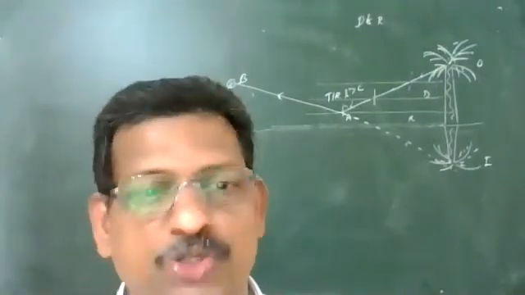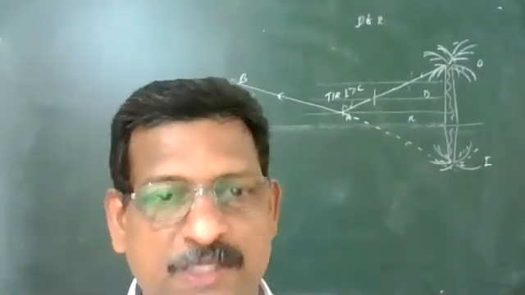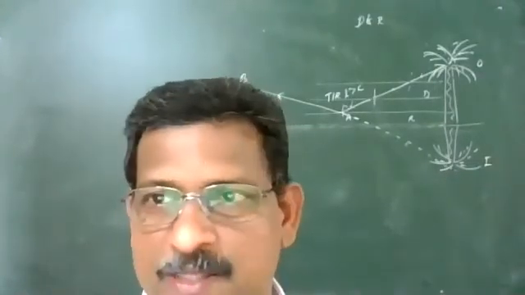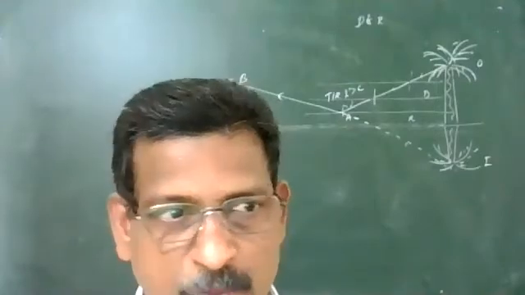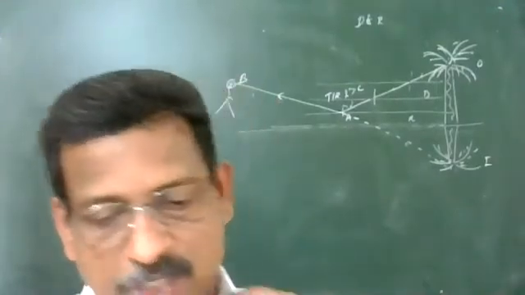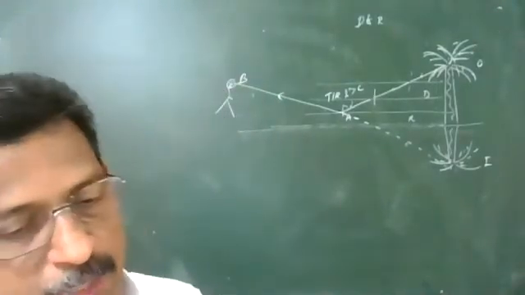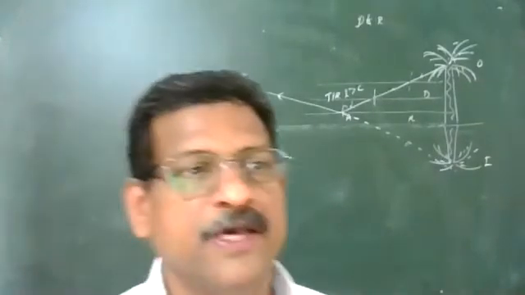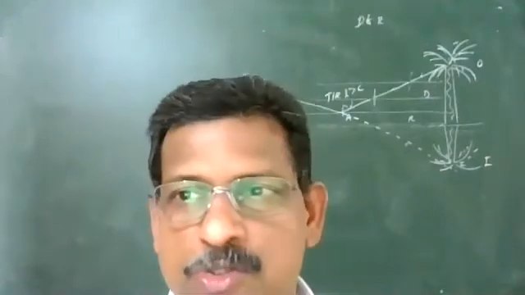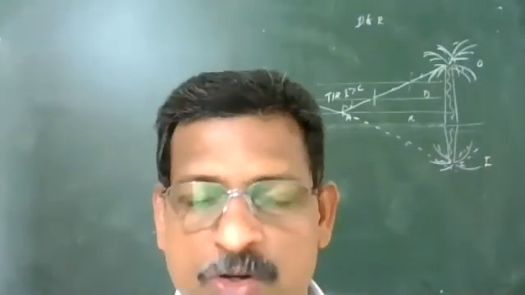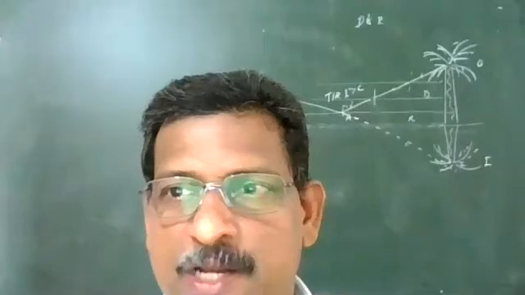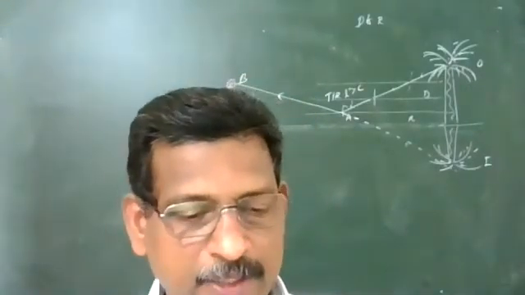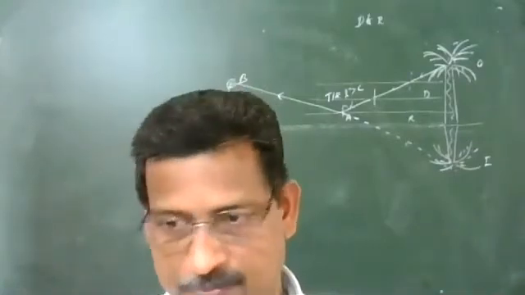This creates an illusion, as this is usually observed when there is a water surface. So he feels that there may be a water surface, and that is why we are getting this kind of inverted image. But it is an optical illusion, there is no water surface. That is why objects such as a tree appear inverted, as if the tree is near the surface of water. This is called a mirage, and it is due to total internal reflection. So these are the different points regarding the applications of total internal reflection.